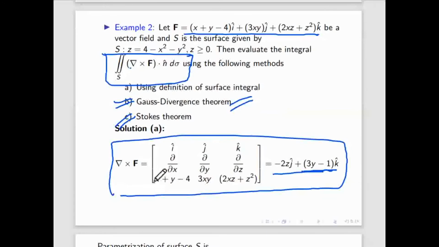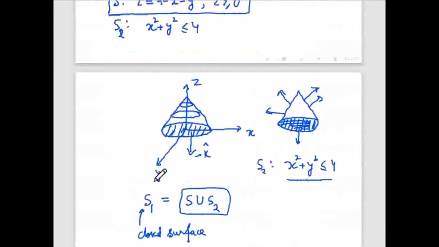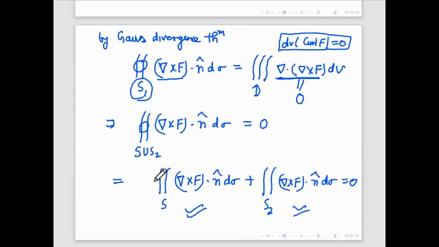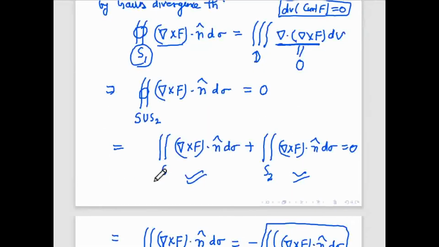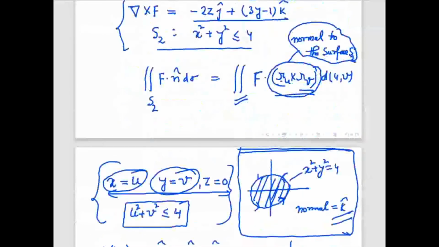Sir, you first calculated RU cross RV equal to K cap, but during the equation you wrote that RU cross RV equal to minus K cap. So why did I calculate it? I want to show that this circle has its normal in the z direction. So RU cross RV came out as K cap, that means the surface normal direction will be in the z direction, either plus or minus, we don't know, right?